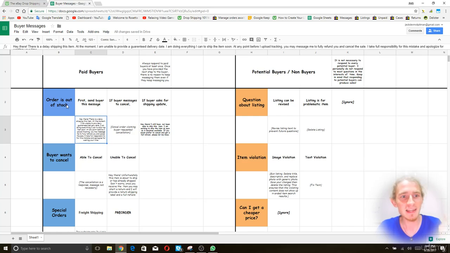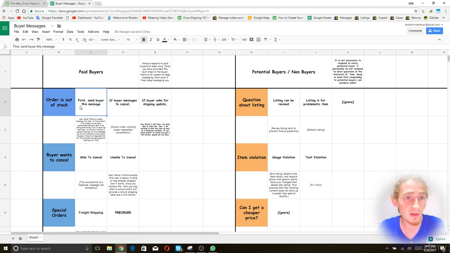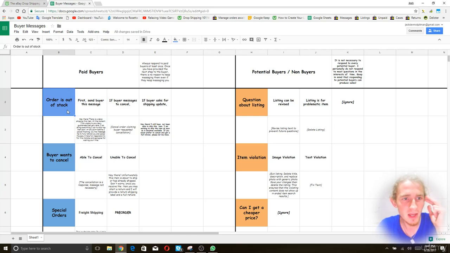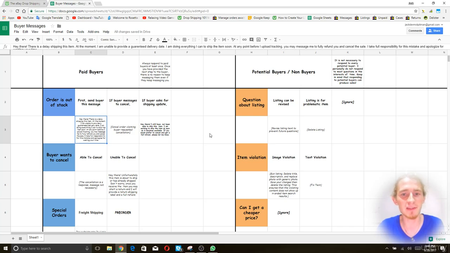The idea here is that you want to develop your understanding of the situations that can come up. So let's look at an example here. All right, an order can be out of stock. Okay, what do we do then? All right, we're thinking about it now. We're going to send this buyer this message. That's what's going to happen. And since I've taken the time to think about this before it happens, when it does happen, I'm going to waste way less time and I'm going to be less emotional because I thought about what to do in the past, right? So I have a philosophy with this kind of stuff where I believe that you should spend as